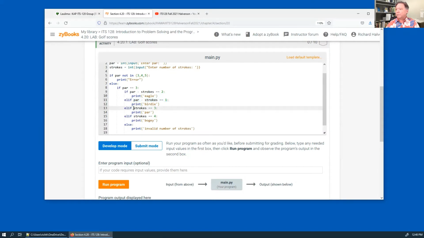If par equals strokes, and if strokes minus par equals 1. In other words, strokes is 1 bigger than par. Okay, when we do it that way, then